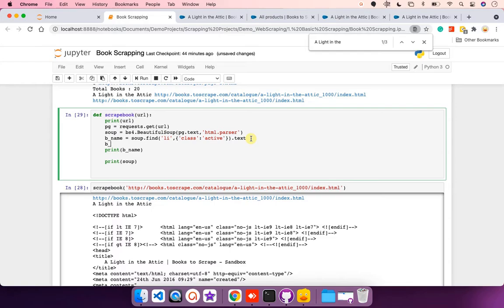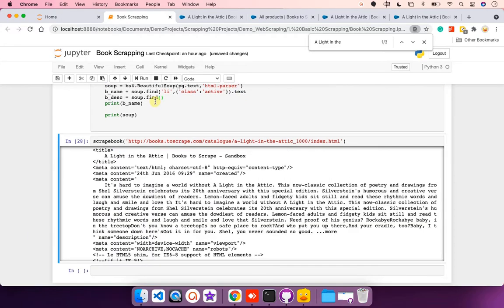Now I'll extract the description. It is in the meta tag. Fetch the meta tag where name is equal to description. And I want the content.